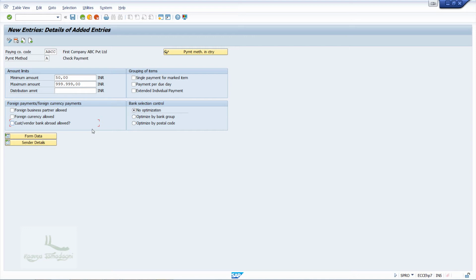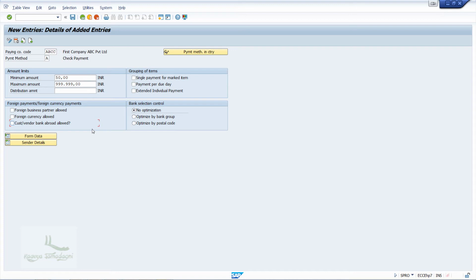We use customer vendor bank abroad allowed if I want to enable payments to a foreign bank using this payment method. An example we can consider here is that the vendor is in India and I am making the payment in INR, but the vendor bank is in Bangladesh.